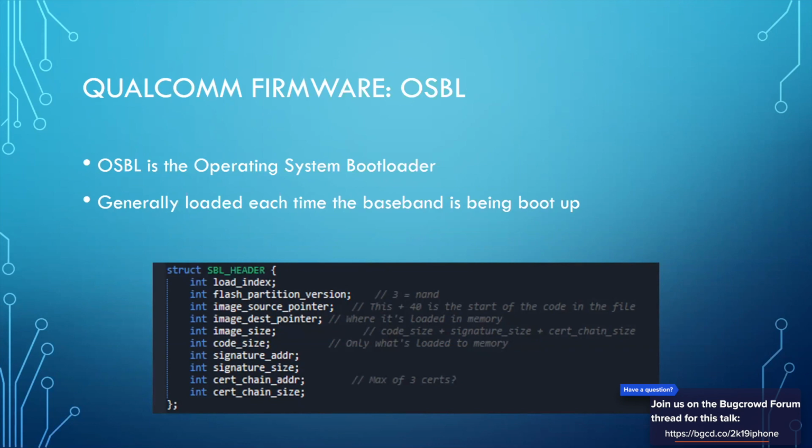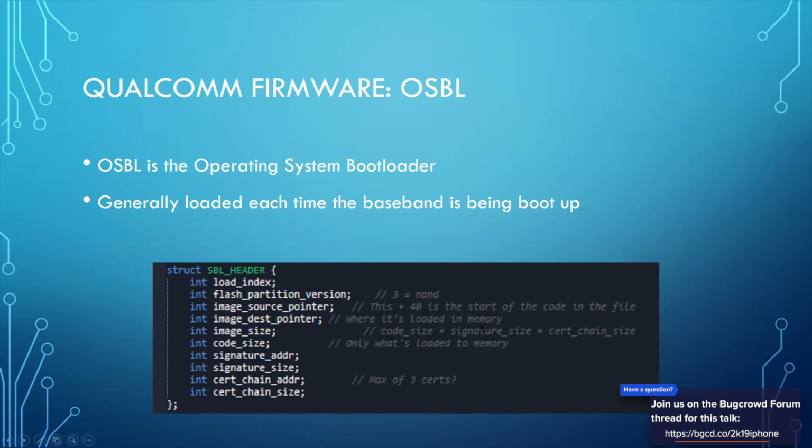Now, the OS bootloader is the operating system bootloader, generally loaded each time that the baseband is being booted up. It's on iOS in a folder /usr/firmware/baseband. You can find it there. And it's loaded each time, but of course it's also code signed. And then I figured out what the header was, as you can see here in the picture.